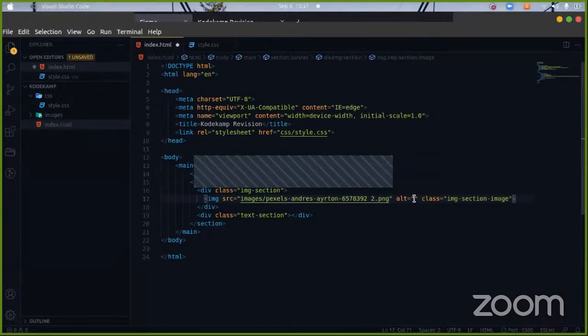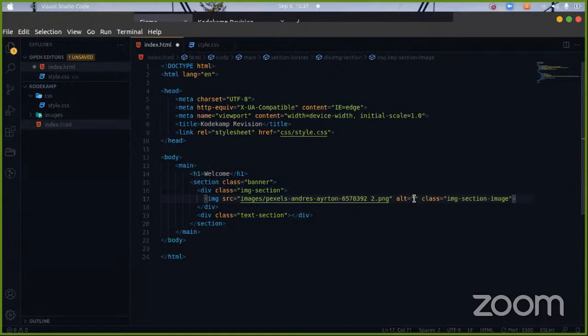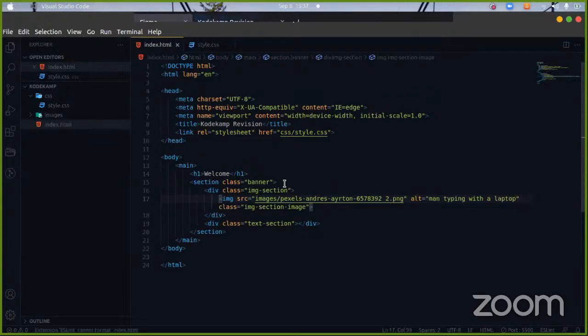For the sake of semantics, I'm actually going to describe the image, which is supposed to be man typing with a laptop. Okay, so I save,